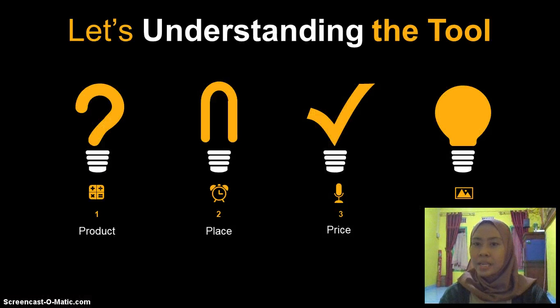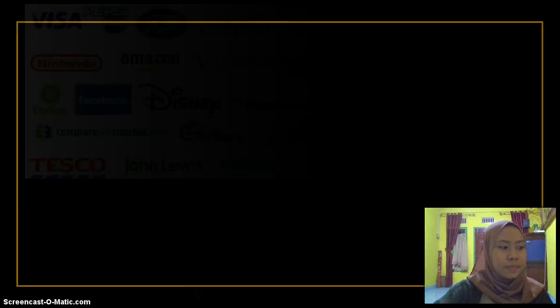Okay, so understanding the tool. The marketing mix and the 4 Ps of marketing are often used as synonyms for one another. In fact, they are not necessarily the same thing. Okay, marketing mix is a general process used to describe the different kinds of choices organizations have to make in the whole process of bringing a product or service to market, and the 4 Ps are: 1, product; 2, place; 3, price; and 4, promotion. Okay, so number 1 is